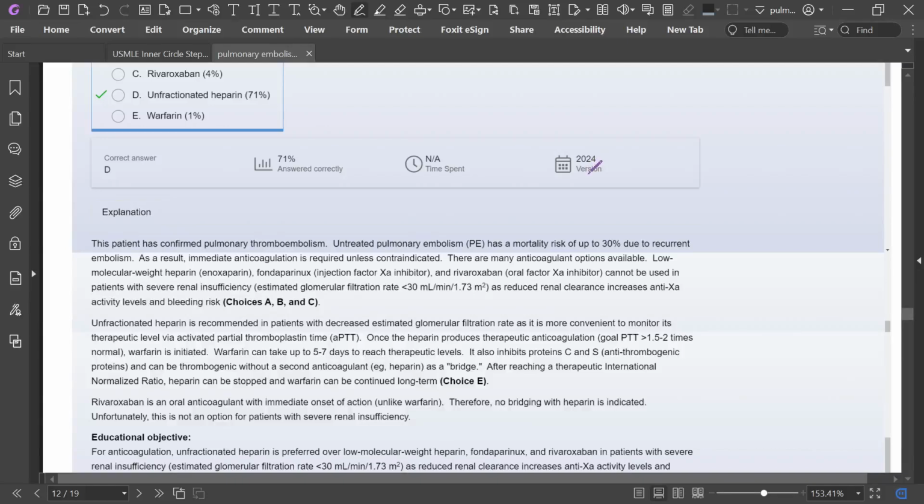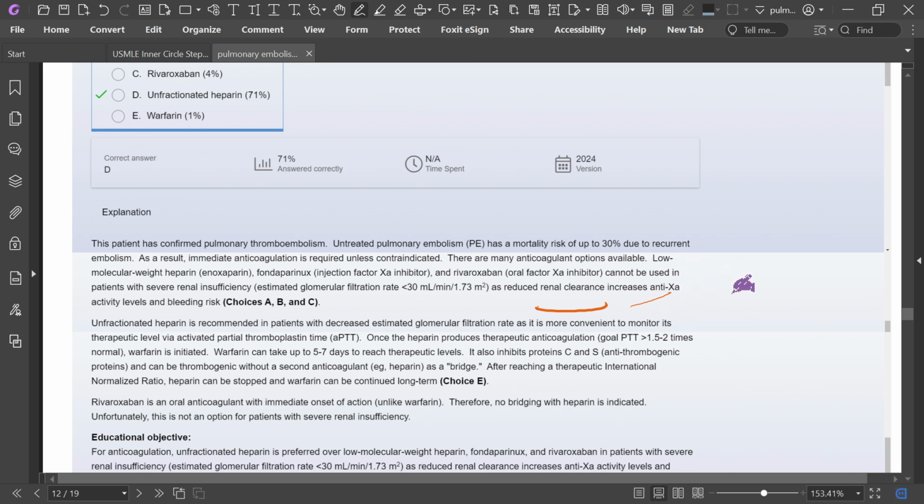Unfractionated heparin is the treatment. This patient is confirmed with pulmonary thromboembolism. Untreated pulmonary embolism has a mortality rate of 30%. As a result, immediate anticoagulation is required unless contraindicated. There are many anticoagulant options available: low molecular weight heparin, enoxaparin, fondaparinux, and rivaroxaban cannot be used in patients with renal insufficiency, as reduced clearance and increased